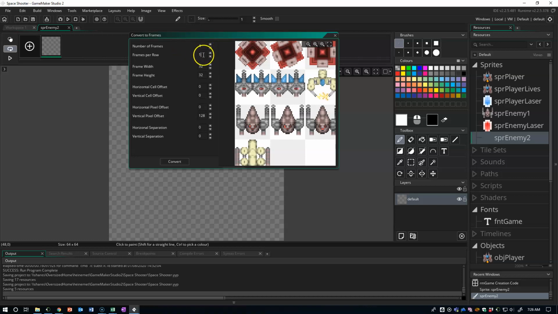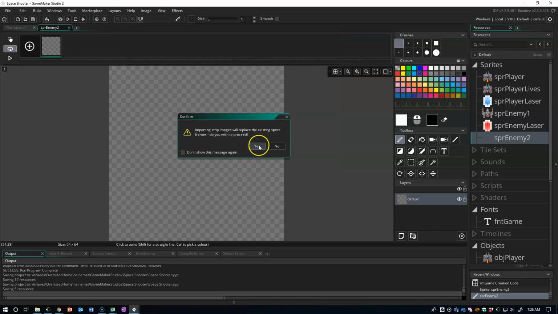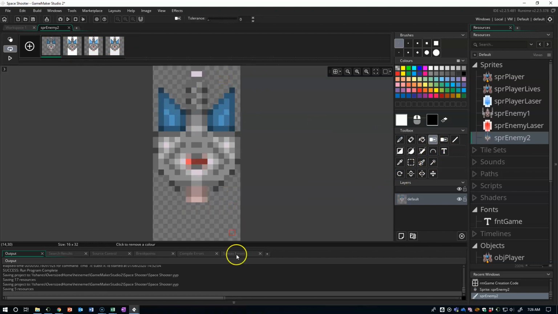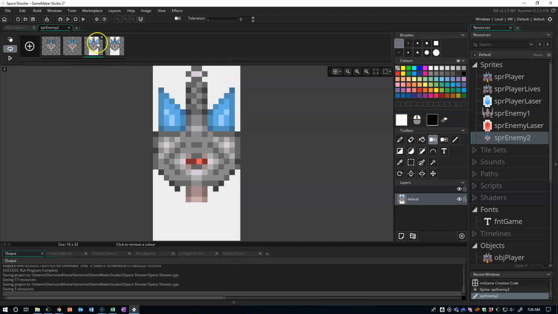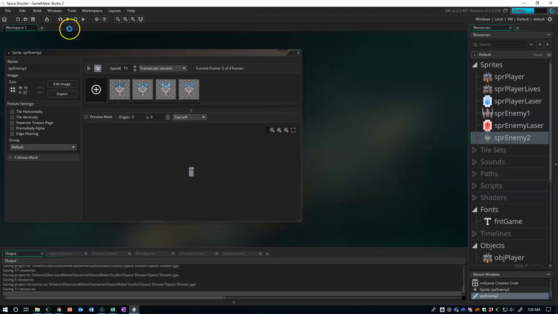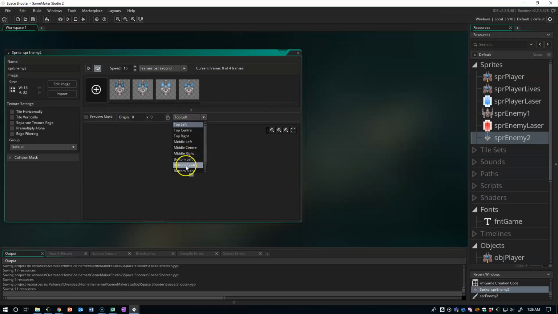So we're still doing 4 frames and 4 per row, but our frame width is only 16, while our frame height is still 32. And then as long as my vertical pixel offset's 128, I should be okay. I'm going to click convert, answer yes, and I have my strip image pulled in. I just need to remove the background from each frame. Okay, and now that I have that, I can click close, and I can make sure I click the middle center for the